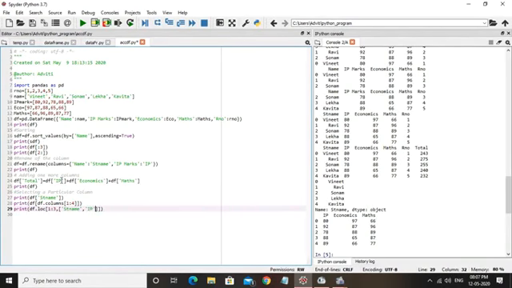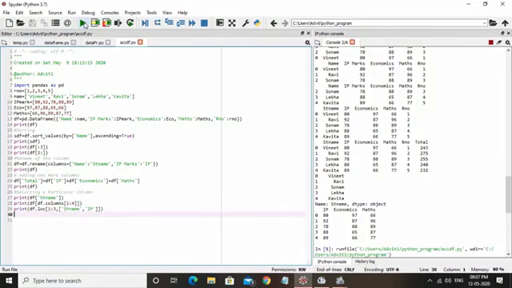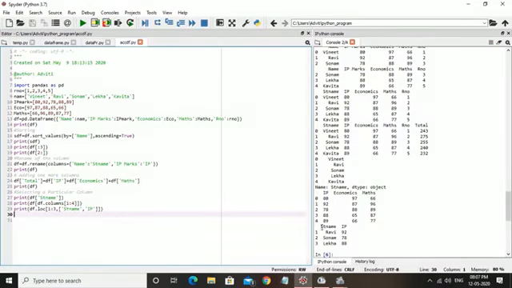Now you can understand I am using the attribute loc, location. It means I just want to display only a total of 3 records and then 2 columns. Now you can check here. Look, only 2 columns are appearing, st name and IP marks, and the total records are only 3, records from 1 to 3: Ravi, Sonam and Lekha.